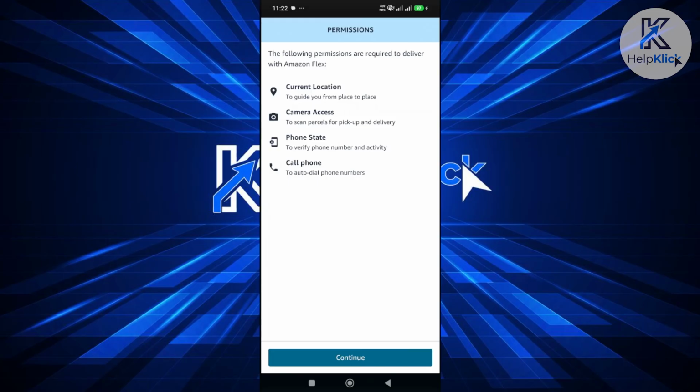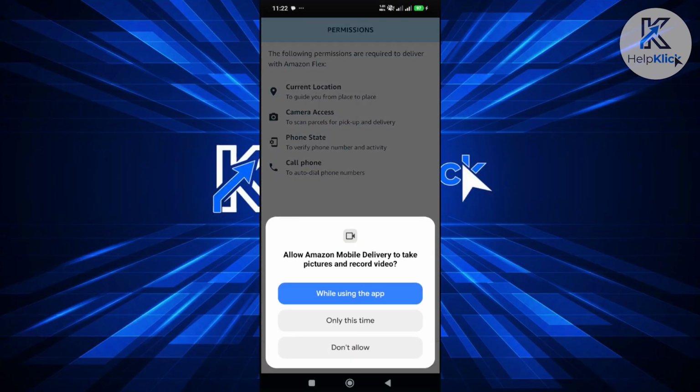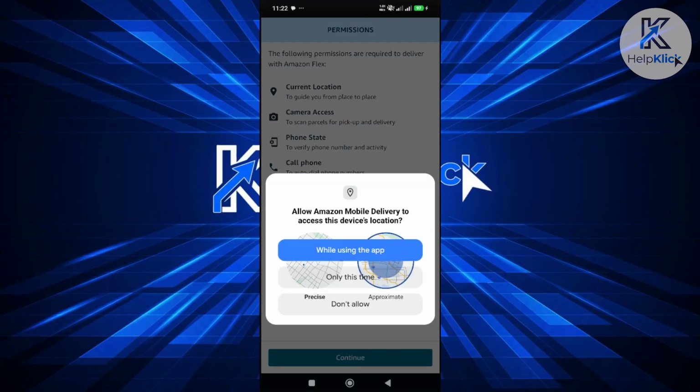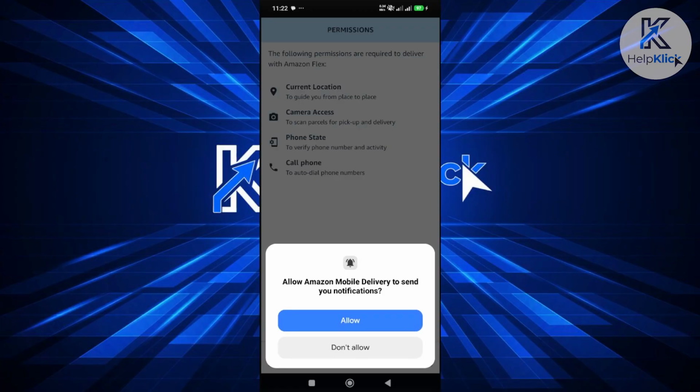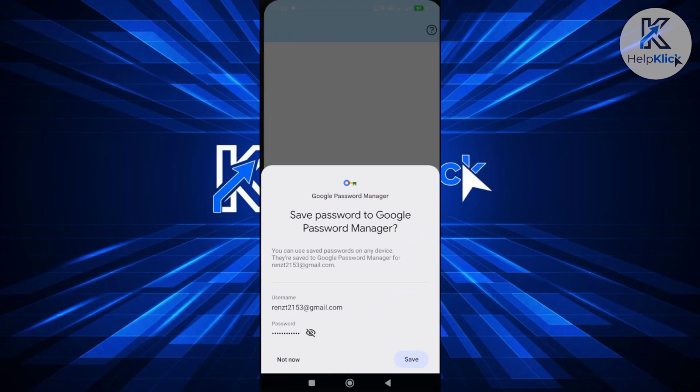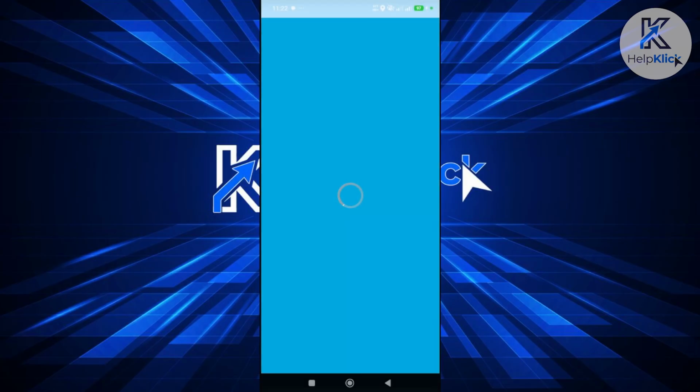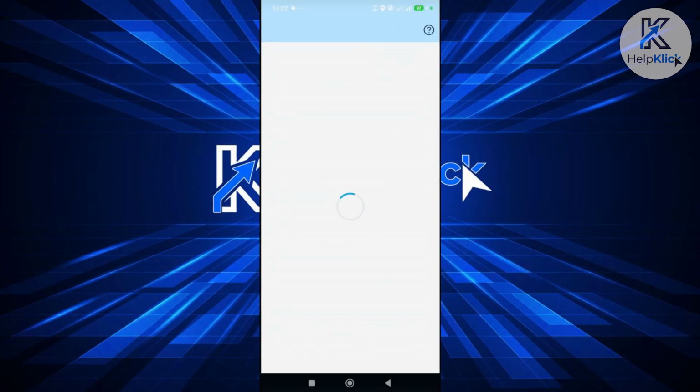Now, once you've signed in, it will ask for permissions to access the following information, like your current location, your camera access, your phone state, and also call phone. In this case, click on continue and provide all the necessary information. Let's provide all the permissions here. Click on allow, and once you've done that, they will check if jobs or certain opportunities are available in